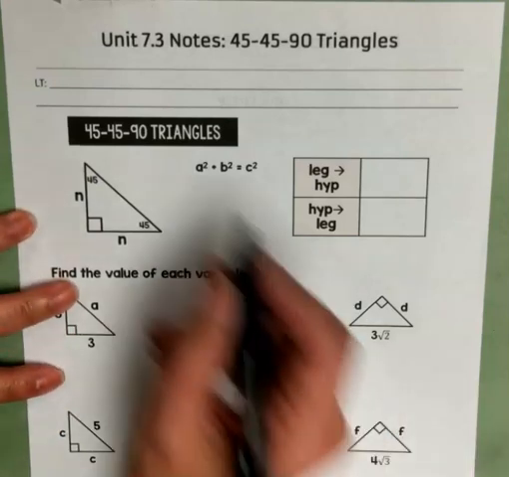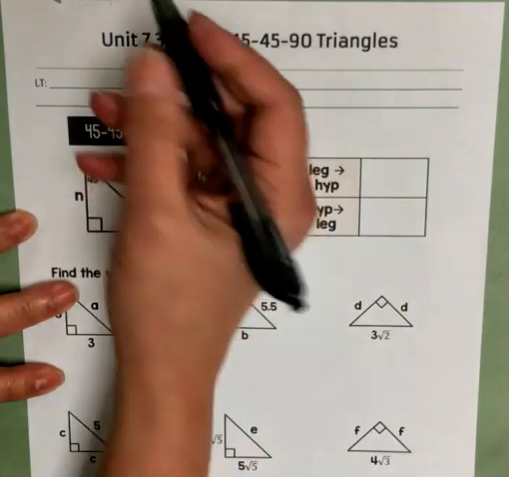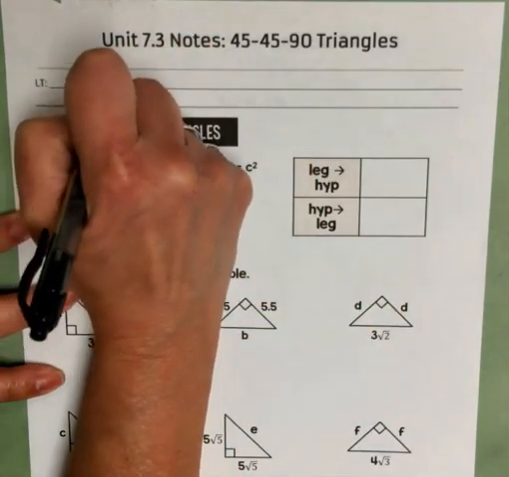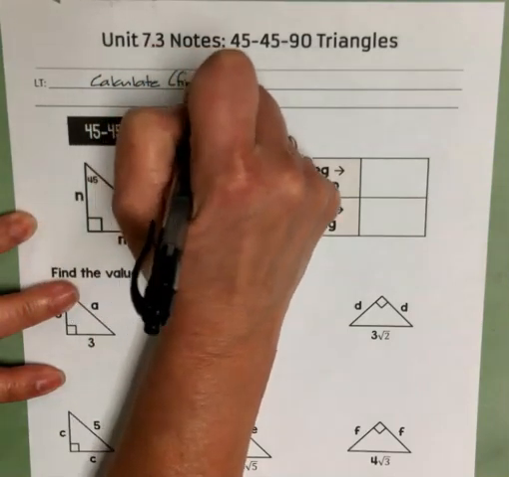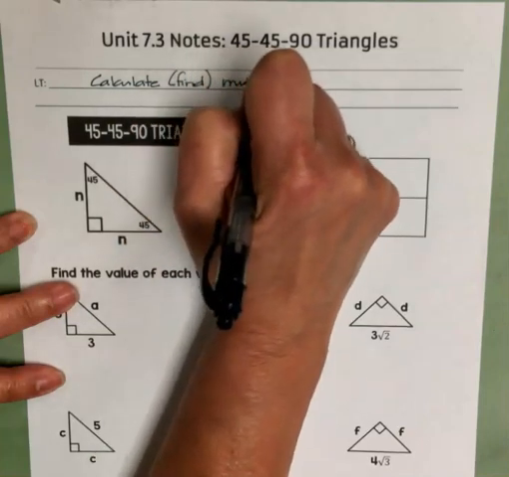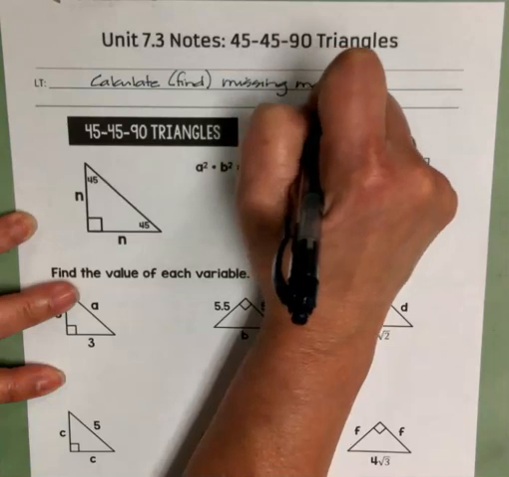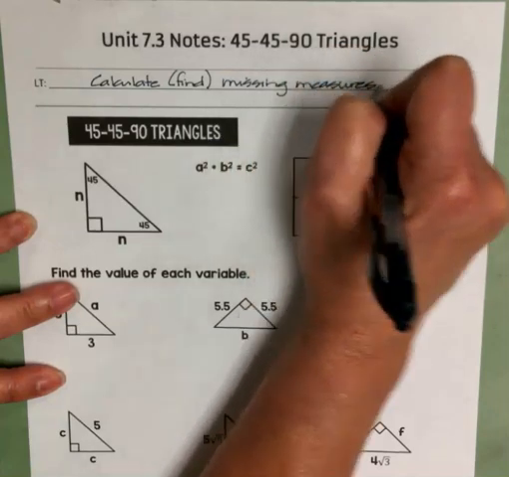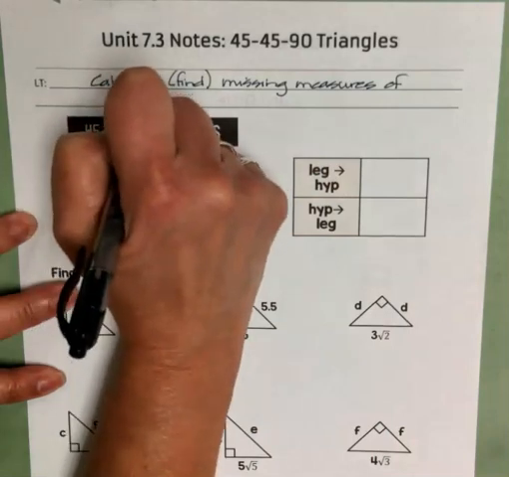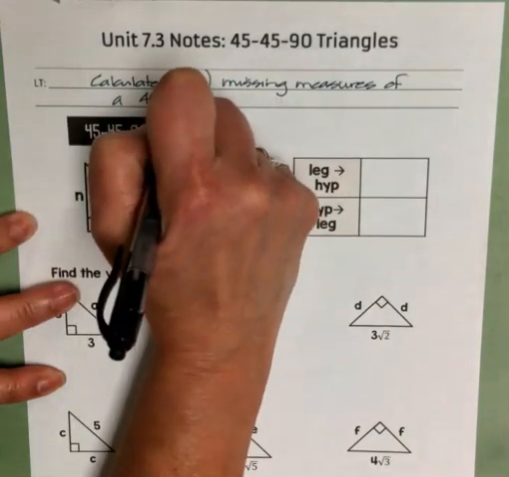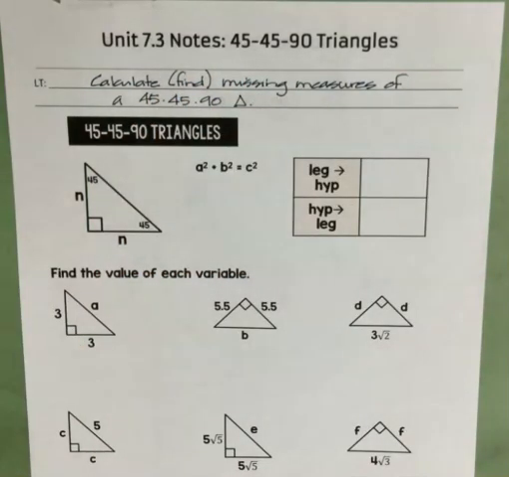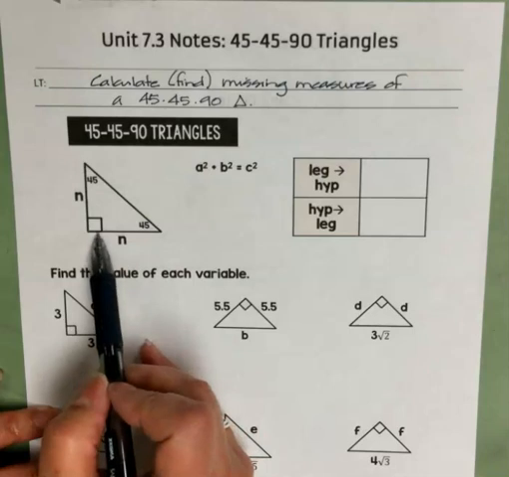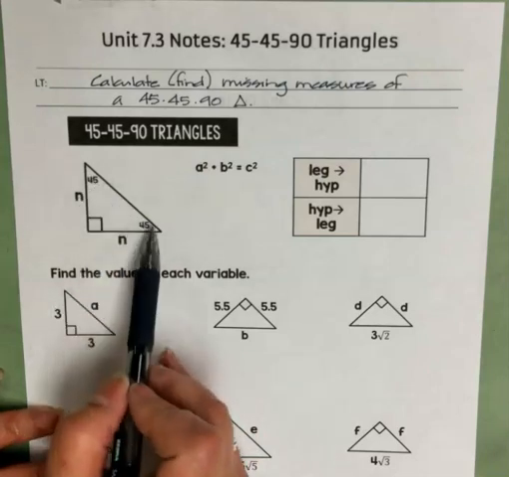7.3, by the end of this lesson, you should be able to calculate or find the missing measures of a 45, 45 right triangle. Okay? So 45, 45 right triangles are simply right triangles that have 45 degrees at the acute